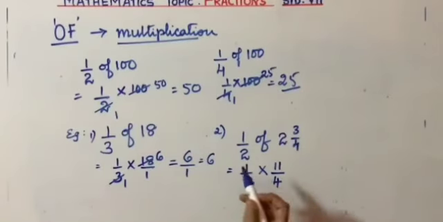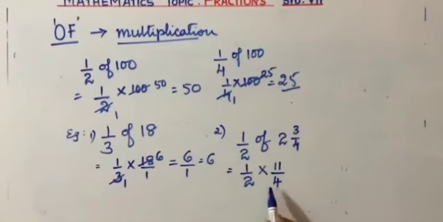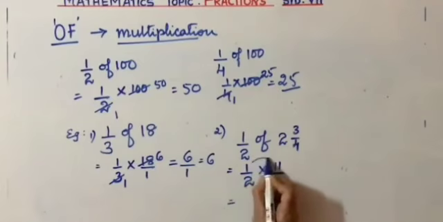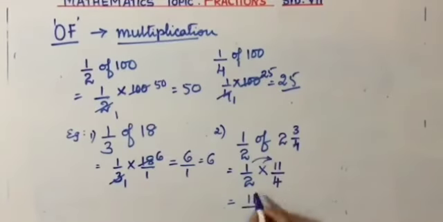You have to multiply numerator with numerator and denominator with denominator. Now, please children, do not cancel 2 and 4. I told you we cannot cancel denominator with denominator or numerator with numerator. You can cancel this way or cross way, but not denominators and numerators. So, what we can do here is 1 into 11 is 11. 2 into 4 is 8. Again, this is improper, is it not? So, 8 ones 8, 3 by 8.